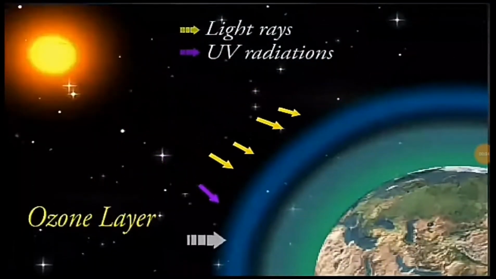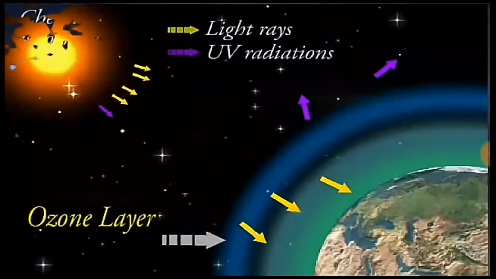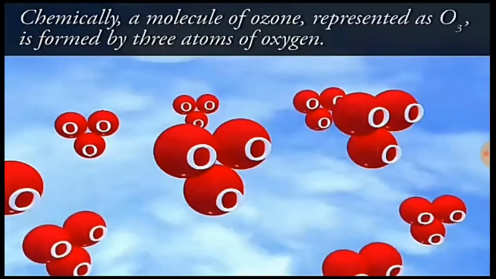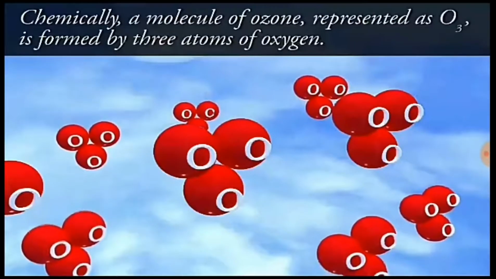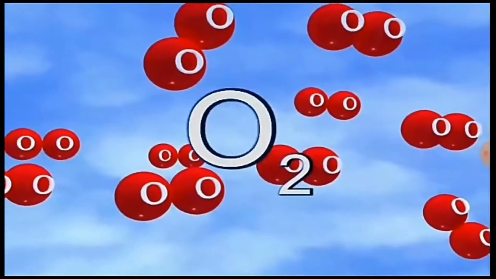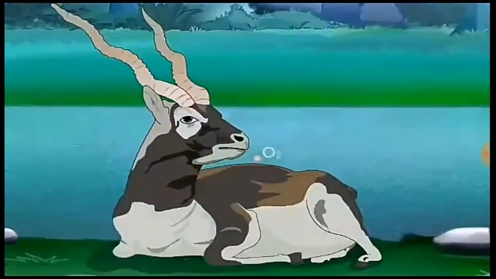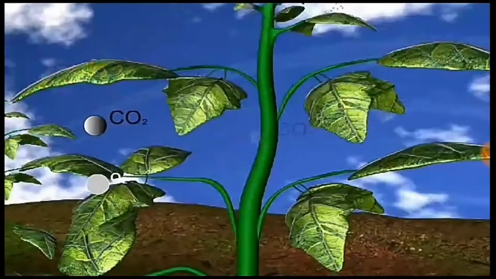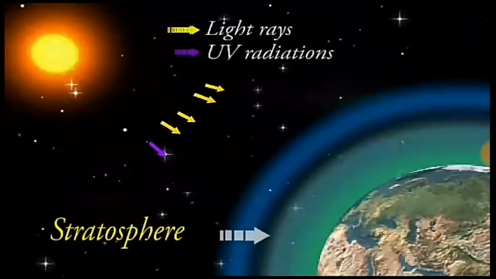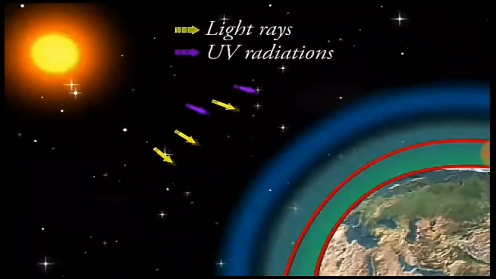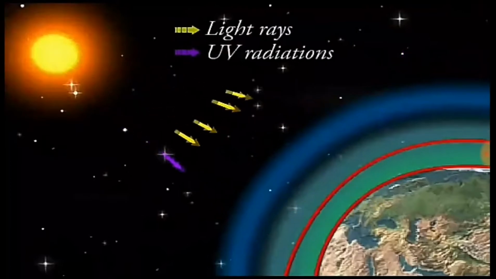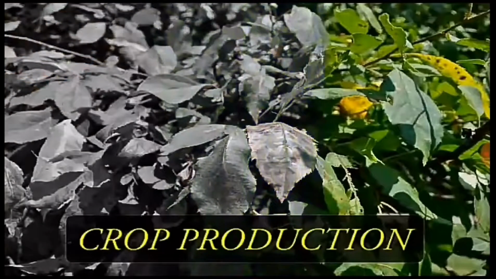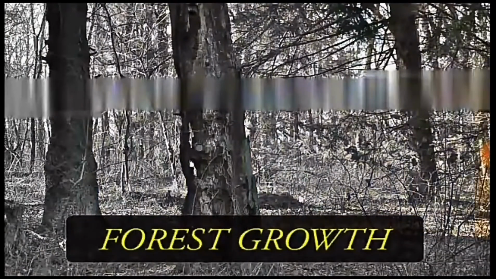a gas found in the atmosphere in trace amounts. Chemically, a molecule of ozone, represented as O3, is formed by 3 atoms of oxygen. While oxygen, also represented as O2, is essential for all aerobic forms of life, ozone has both useful and deleterious effects. In the lower atmosphere of Earth, ozone is a deadly poison and seriously affects crop production, forest growth, and